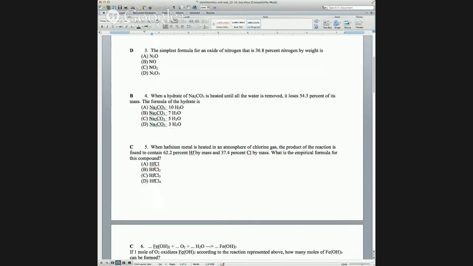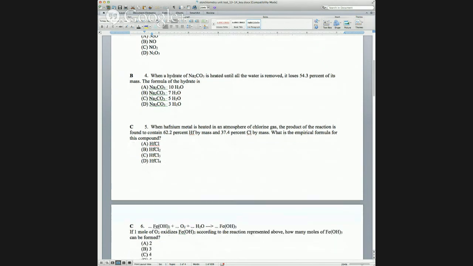Whenever it's a percent, you can just change it to 100 grams. So 54.3 grams of water over 18.02 grams per mole is like a 3-to-1. And the sodium carbonate is, I can't remember, it's like 45 something. You can figure out the moles of the sodium carbonate, and once you've done that,